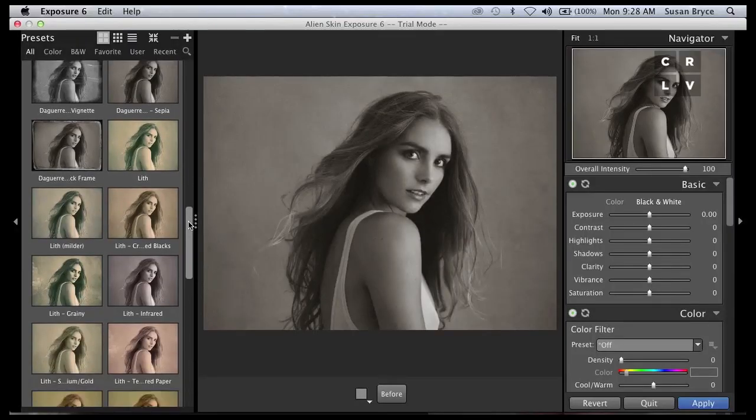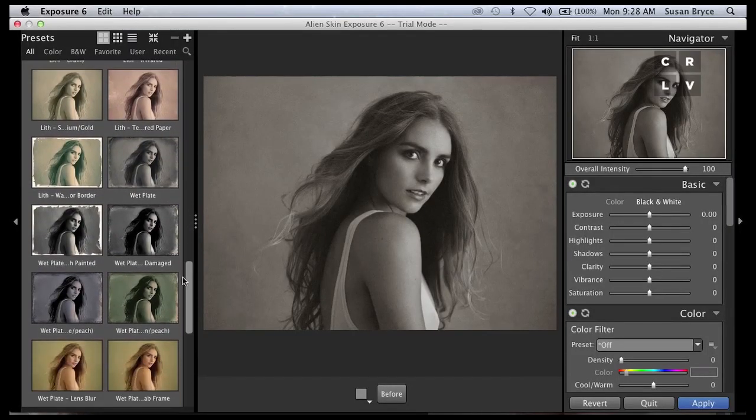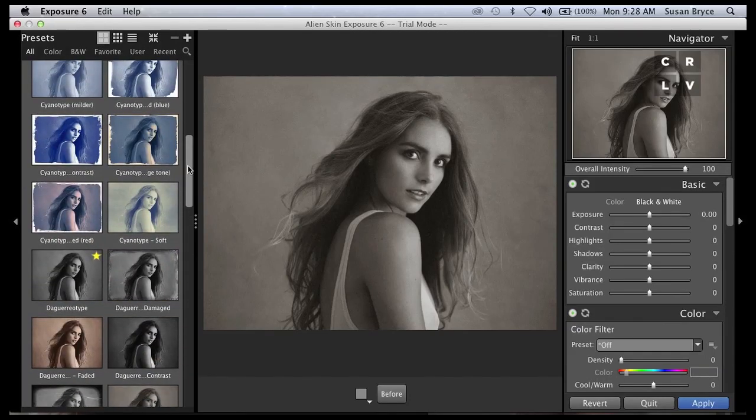My go-to black and white setting, and this comes from 15 years of shooting film, is in vintage settings, vintage black and white, the Daroque type. And the reason I love it is I feel like it is so like film.